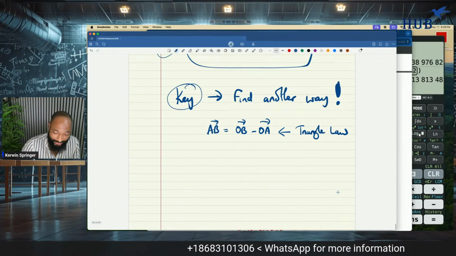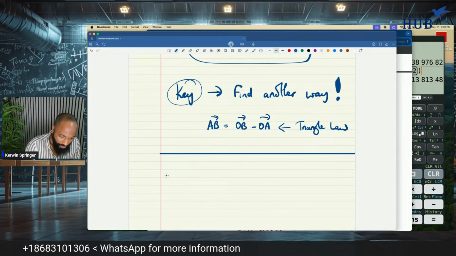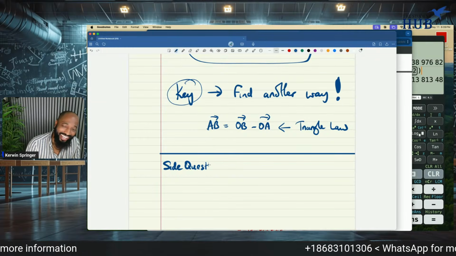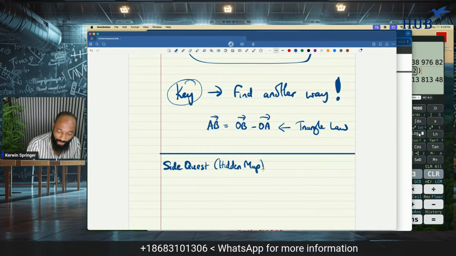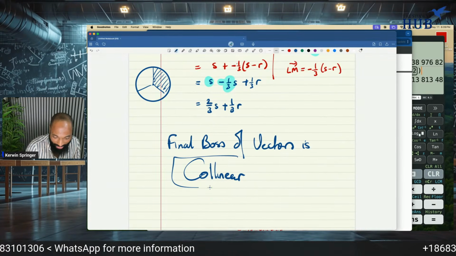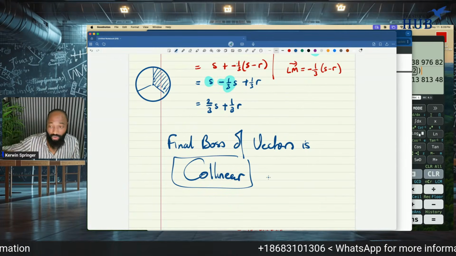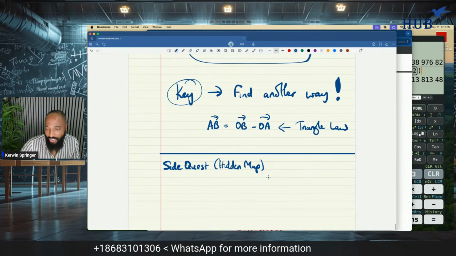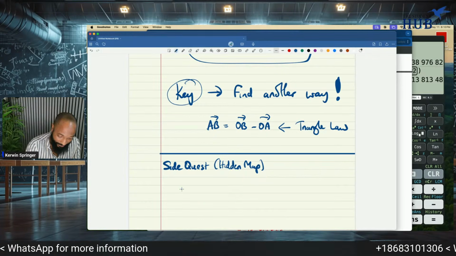There's a side quest that is not taught in most schools. A hidden map. Who knows what I'm about to show you here? We already know that the final boss is collinear. This is the final little thing that I can tell you. And if this comes in the exam, it's usually pretty tough. What is the little side quest thing in school they don't really teach you? It's this: